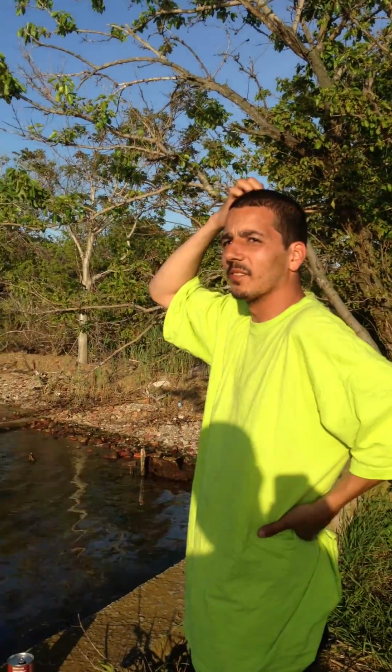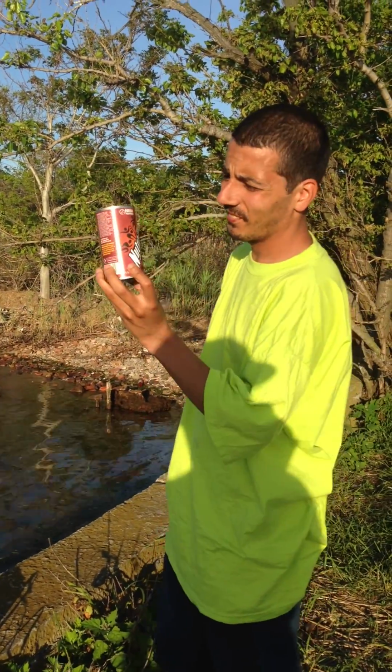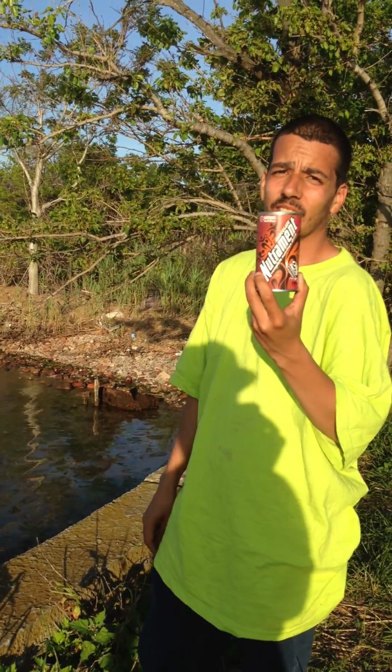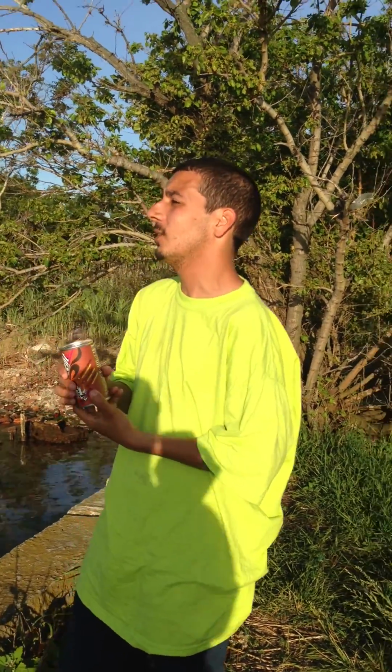Is that like a sugary drink that you're drinking there? It's one of my energy drinks, Nutriment. It says chocolate though. I even got a few people into this, still drinking this, but you know,